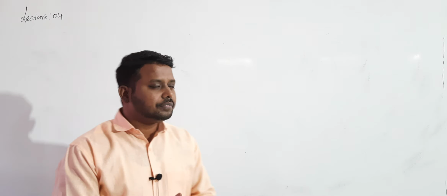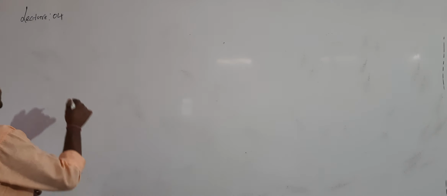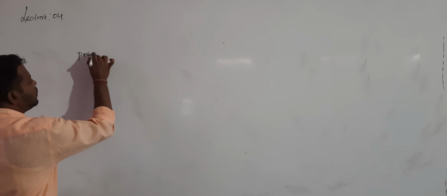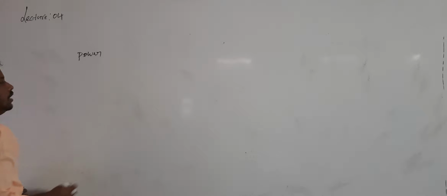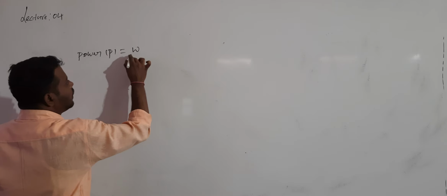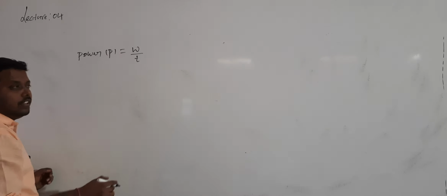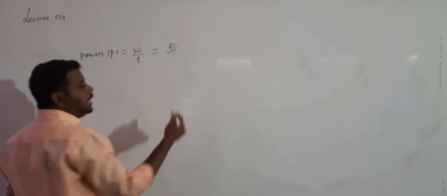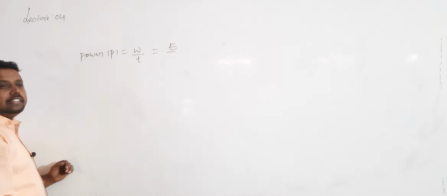Okay, one more important point, the last point for this dual nature of radiation. What is the meaning of power of a source? In numericals we get this, so what is the power of a source? Power is nothing but the rate of work done with time. Work done is nothing but an amount of energy, the capacity to do work.